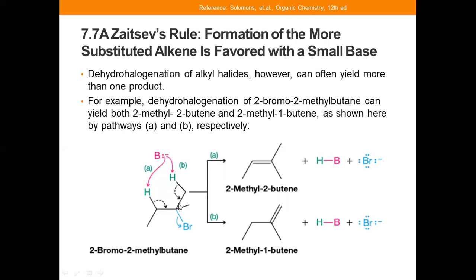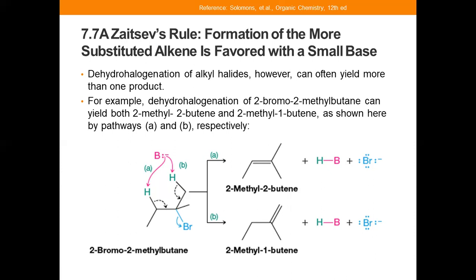It's also possible that when you have alkyl halides, such as, for example, this one, 2-bromo-2-methylbutane, you have 1, 2, 3, 4. Okay, so you have a methyl group here. It's possible that your base can abstract the beta hydrogen from this adjacent alpha carbon here. So there are two types of hydrogen that can be abstracted. The one that comes from the CH2, CH3,